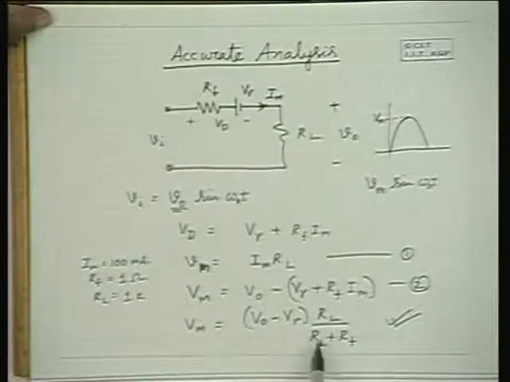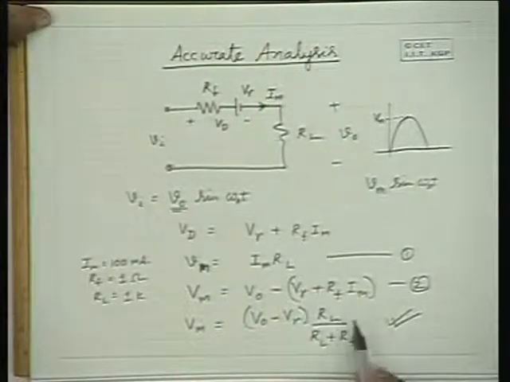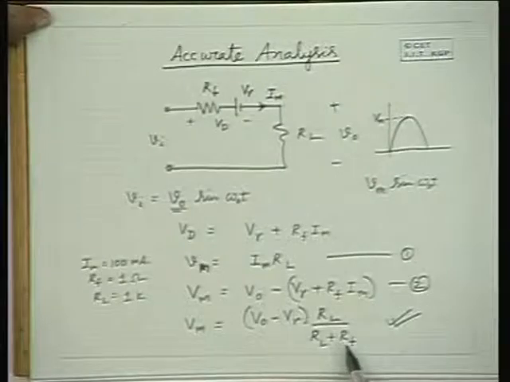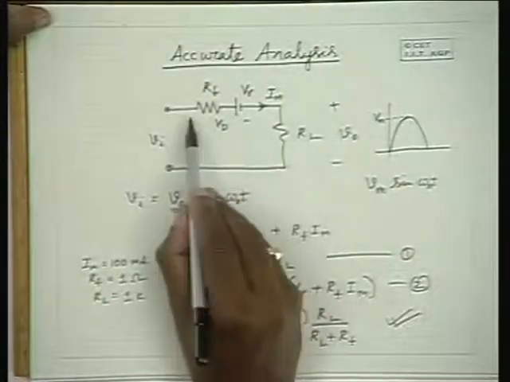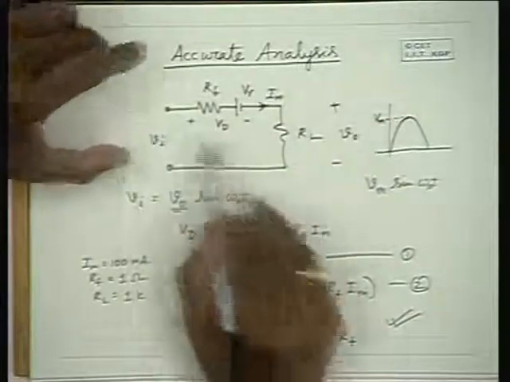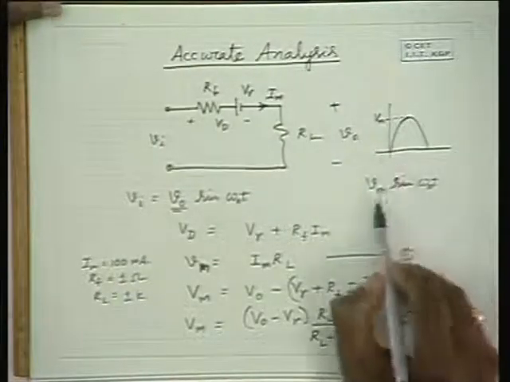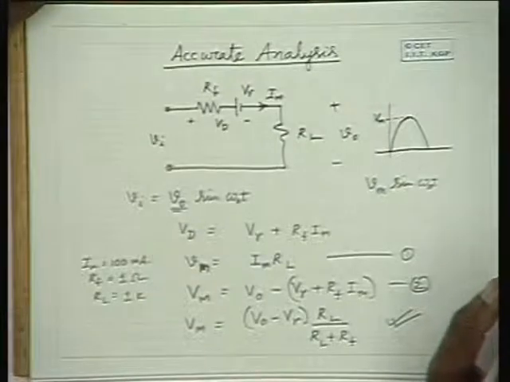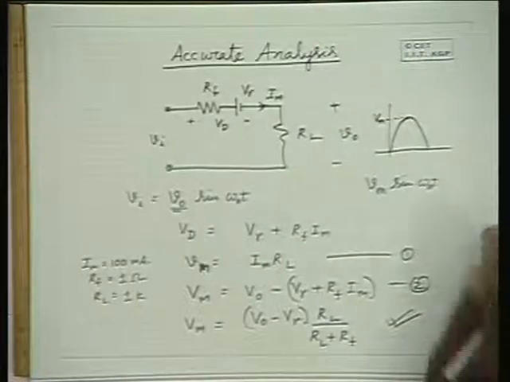The drop due to this RL plus RF, so this is RL by RL plus RF. So this division is 1000 by 1001, which is almost 1. And that V0 minus V gamma, which is of the order of 0.6 volts. So this drop is almost 0.6 or 0.7 volts, and whatever is the remaining voltage goes to the load. Okay. So with the Vm now known, what is the DC component? DC component is Vm by pi, and the AC component, its RMS value is Vm by 2, and